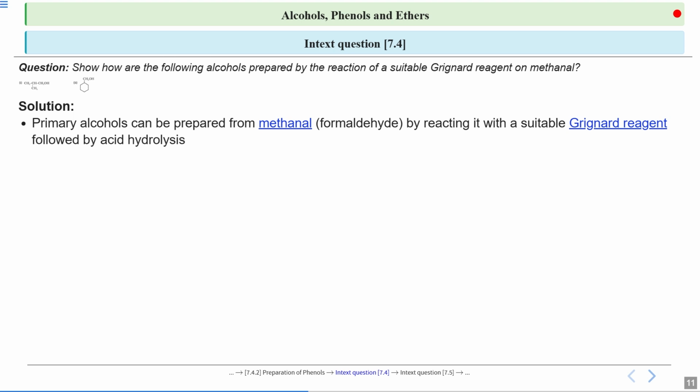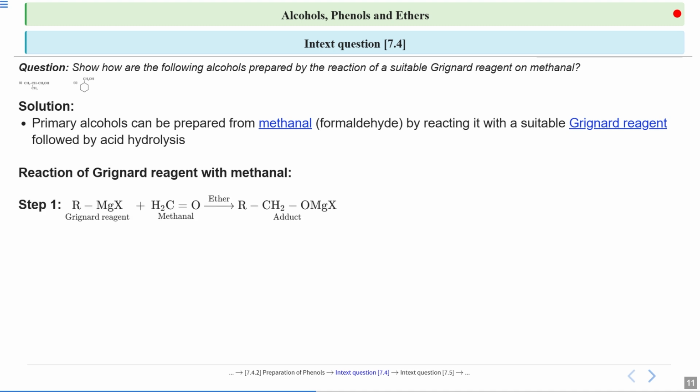Okay. So we have also talked about this, that formaldehyde is the only aldehyde which gives us primary alcohols after the reaction with Grignard reagent followed by acid hydrolysis. So the reaction of Grignard reagent with methanol, how will it happen? It includes two steps. Step one is that the Grignard reagent, alkyl magnesium halide RMgX, reacts with the methanol or formaldehyde,